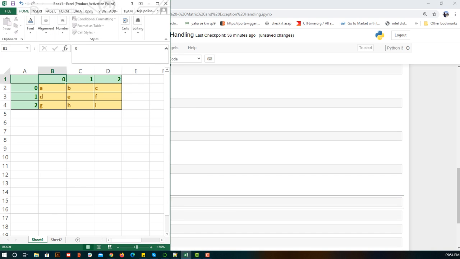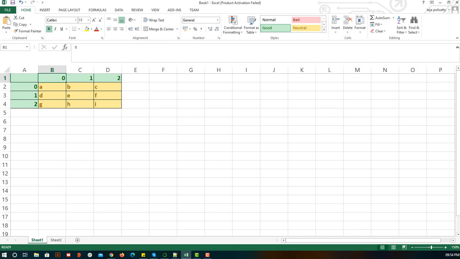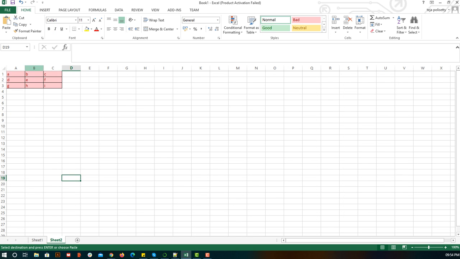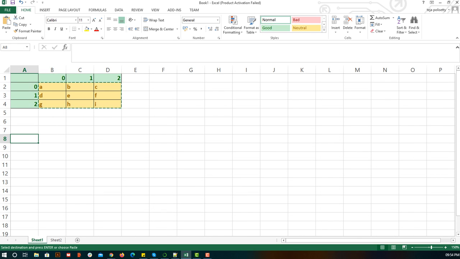I have opened this Excel sheet. I'll copy this thing again. It will take some time, but try to understand this. This is a very important concept in terms of statistics and programming as well.